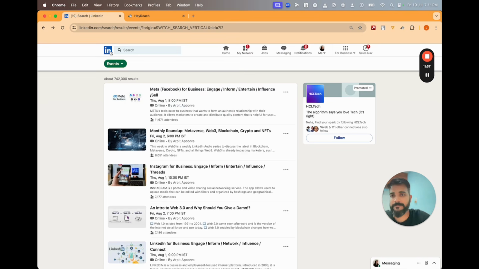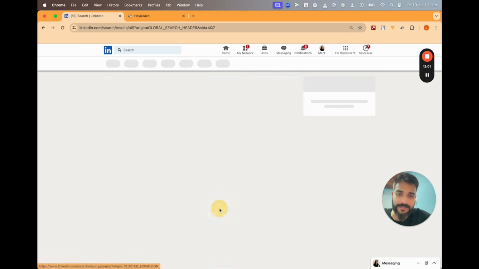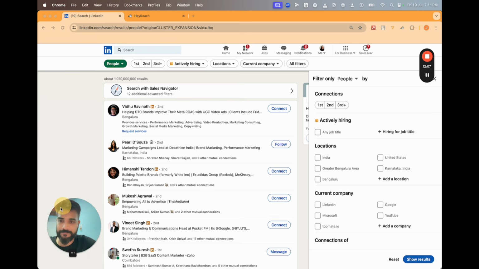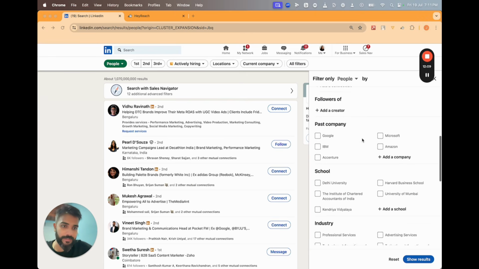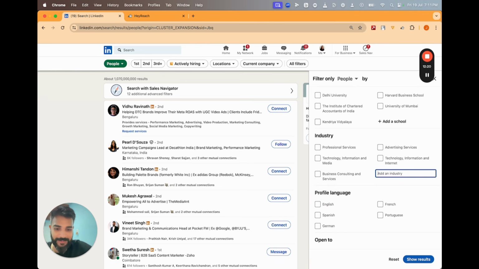So let's go here. Let's do a blank search, like a dummy search. Let's say we go here and let's go to all filters. And who should we take? I like cars. So let's look for automobile. Oh my God. Okay. Car.